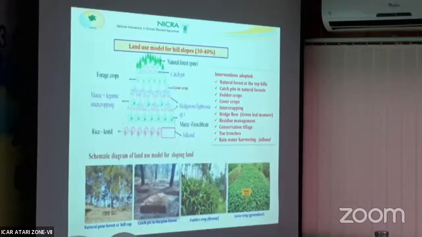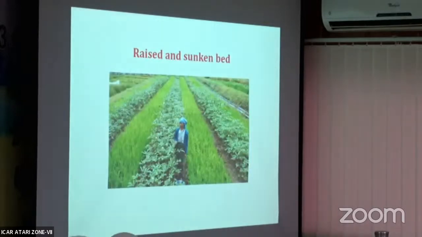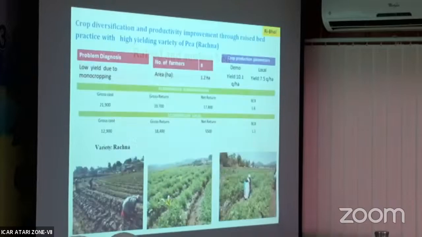You should at least follow this to reduce soil loss from the system. There is significant soil loss, and loss of carbon is also minimized with that sort of model in the farms. Where there is very excess moisture, you can go for this kind of technology. Then there is a revised multiple cropping system.